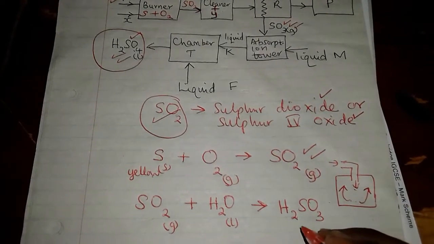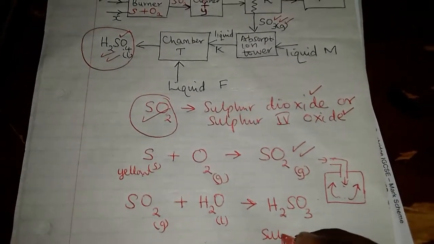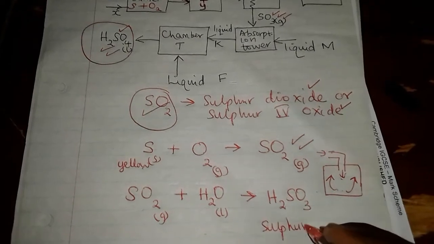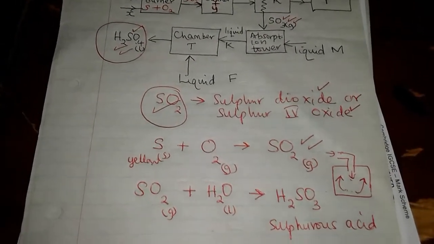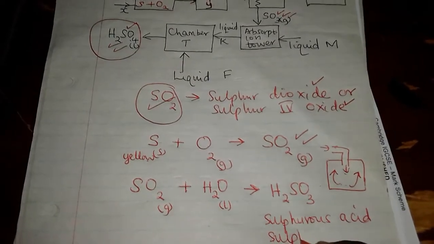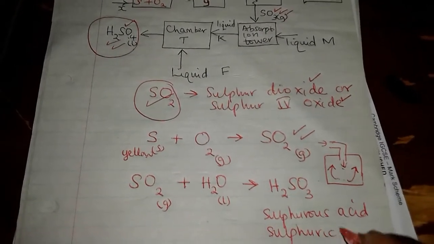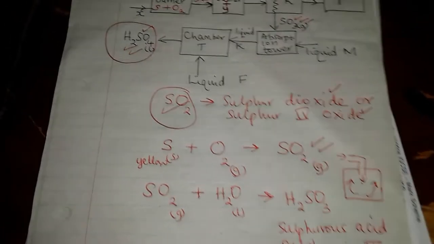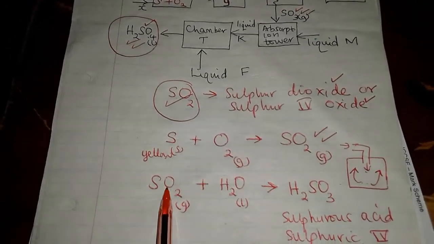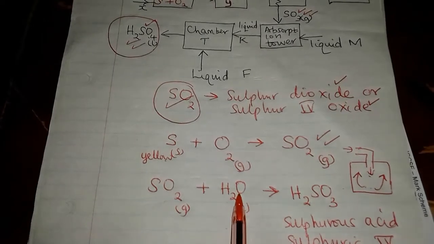This is actually referred to as sulfurous acid or sulphuric acid. Look at this. This is sulfur dioxide getting dissolved in water, you see, with an aim of forming this